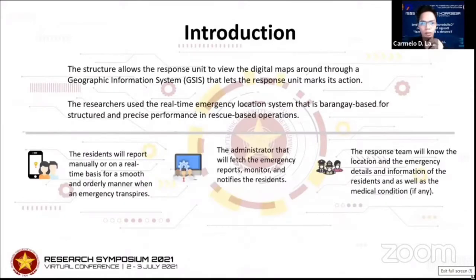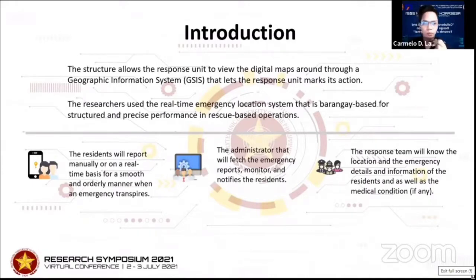The structure allows the response units to view the digital maps around through a geographic information system that lets the response unit mark its action. The researchers use the real-time emergency location system that is barangay-based for structured and precise performance in rescue-based operations.